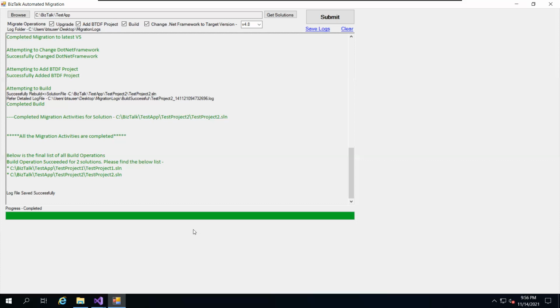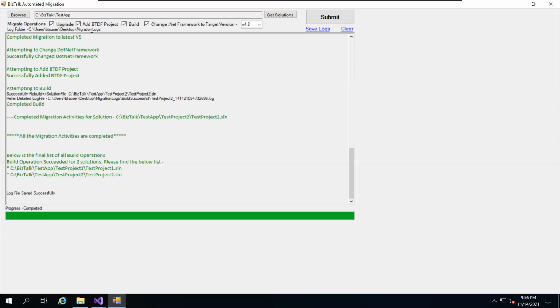Yeah, definitely. Even a small thing like double clicking on a solution and opening it so that it can be automatically upgraded by Visual Studio, doing that for 500 applications individually. One more thing I want to add is that the most important feature is adding the BTDF, because manually adding the correct BTDF configuration for each and every project based on its type, whether it's a schema, an orchestration, a pipeline component or a simple utility, is a hectic task if you have more than 100 solutions. I agree. It would take many months to complete, but it does it in hours.